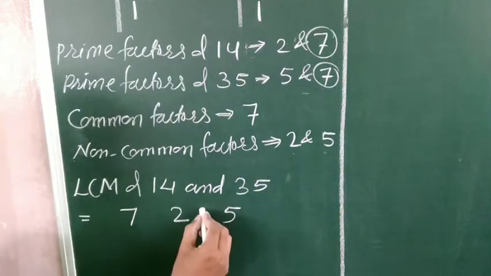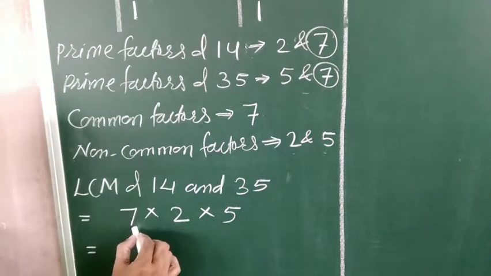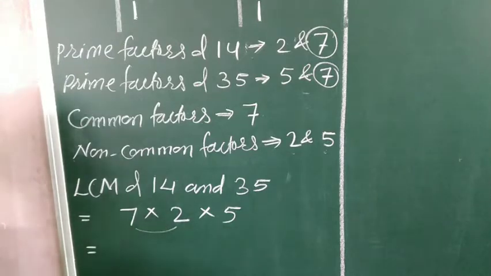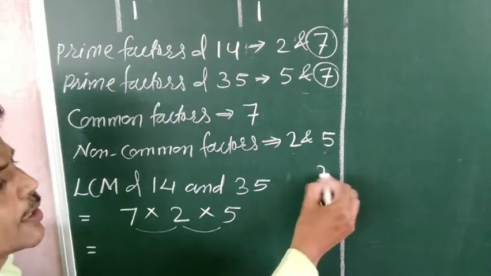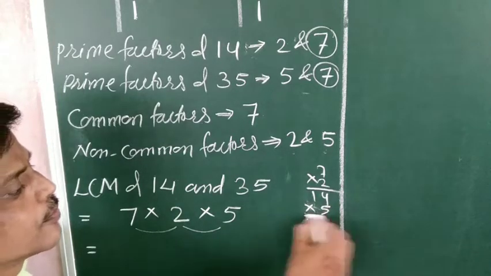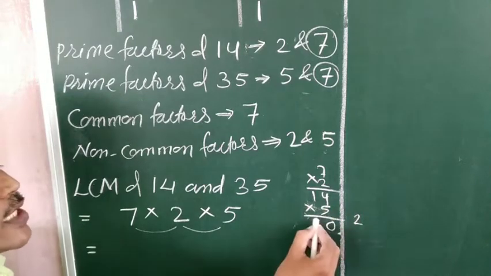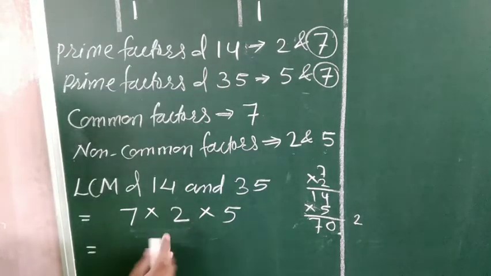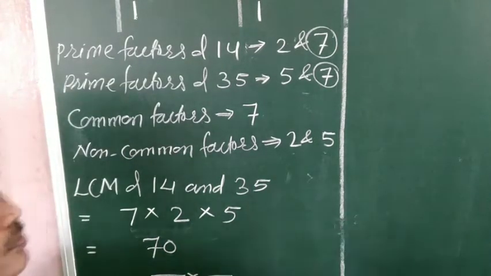2 एंड 5, इनका बेटा मल्टीप्लाई करना है। देखिए नाउ 2 into 7 it is 14, and then 14 into 5, पहले क्या हो जाएगा 2 into 7, 14 हुआ, 14 and then it is 5, 14 into 5 क्या होगा, 5 4 are 20, carry 2, 5 1 are 5 plus 2 is 7, 70. तो see LCM of these two number it is 70. Okay. Next, it is 70. Next number